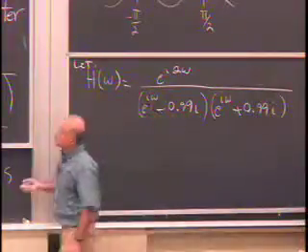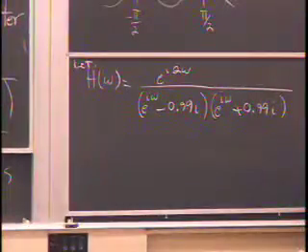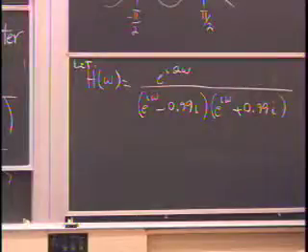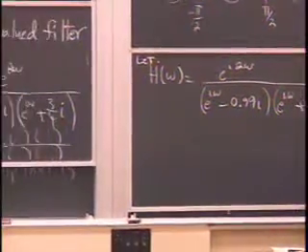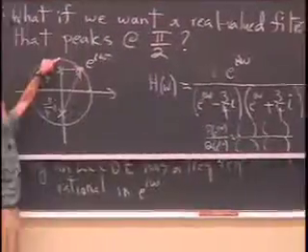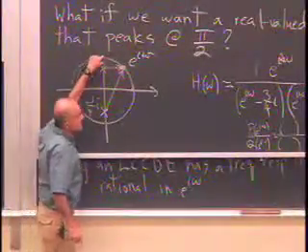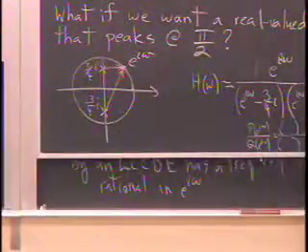Now, these two will be pretty darn close to the unit circle. So e to the I omega now comes all the way up here. So omega is pi over 2. In the denominator of the magnitude response,